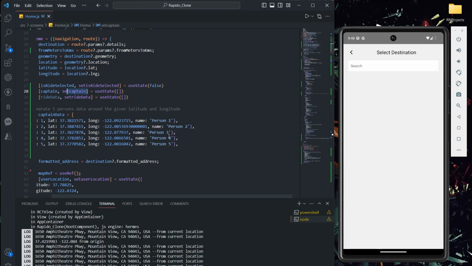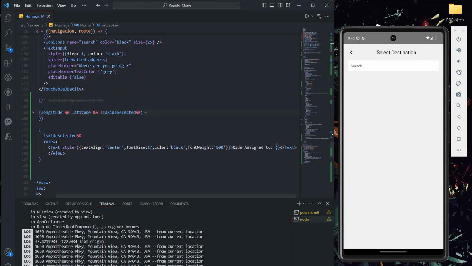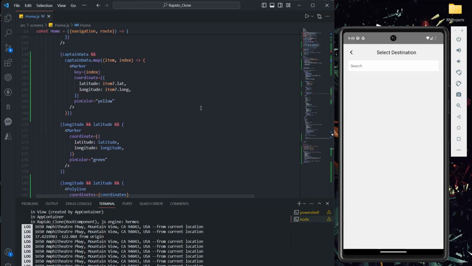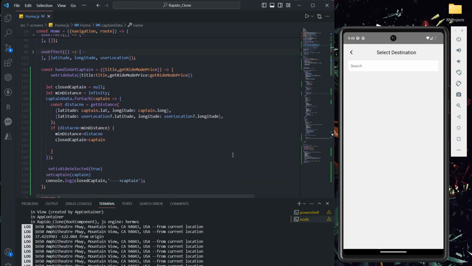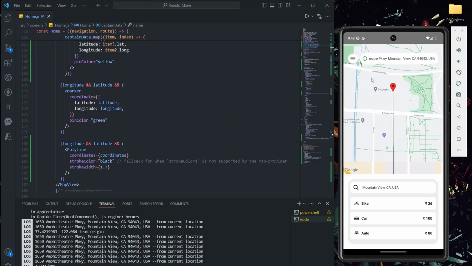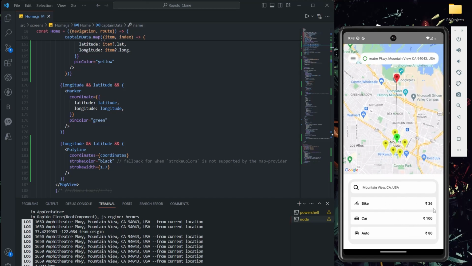So captain?.name, that's it. If you see here, in name only we are getting this particular person's name, right? So that's why I directly pass name. Let's check, are we really getting it or not? I'll say Mountain View. See, on click of this, we are showing these captains here, and we are showing the pricings also. Now if I click on bike,